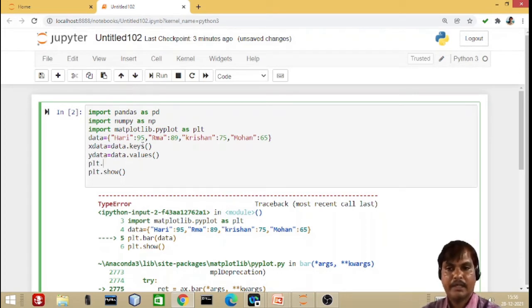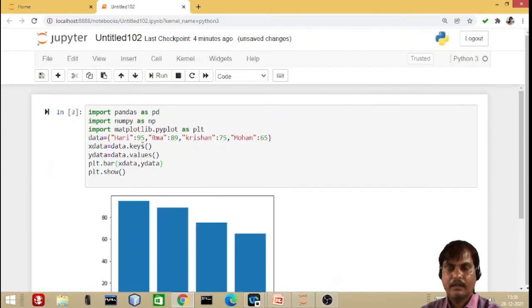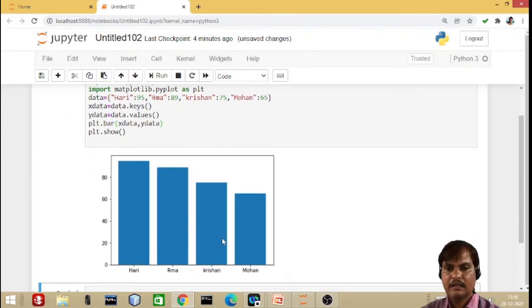Let us plot it, plt.bar, open the bracket and write x data comma y data, and let us run the program. Yes, now you can see the program has given the answer. Hari got 95, then this person 89, this person 75, and this person 65.